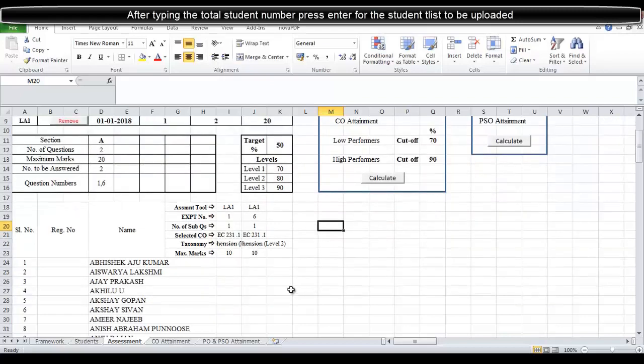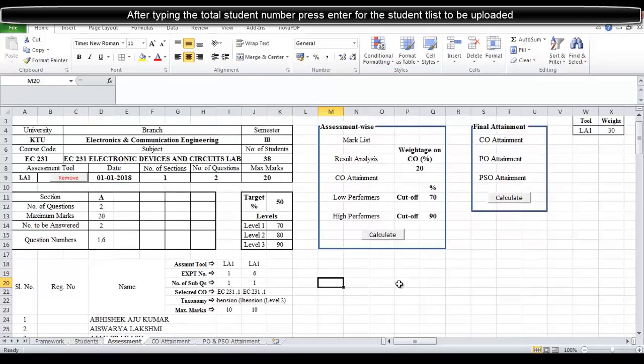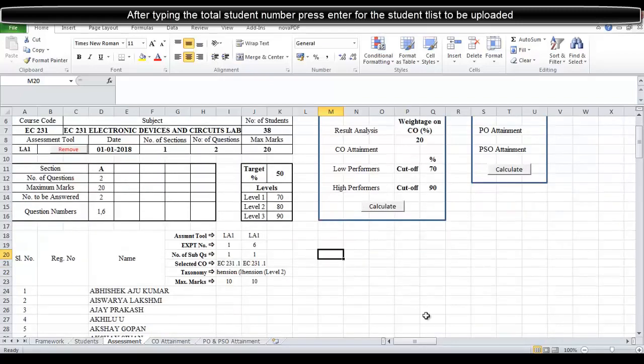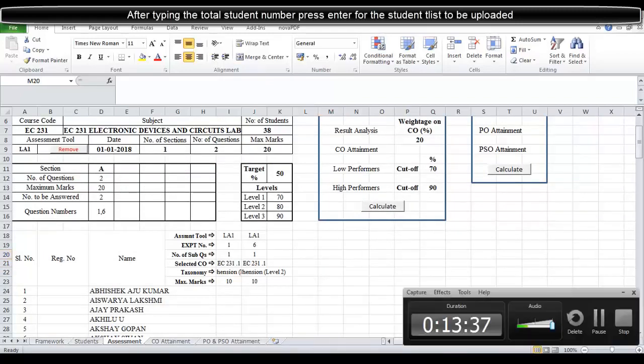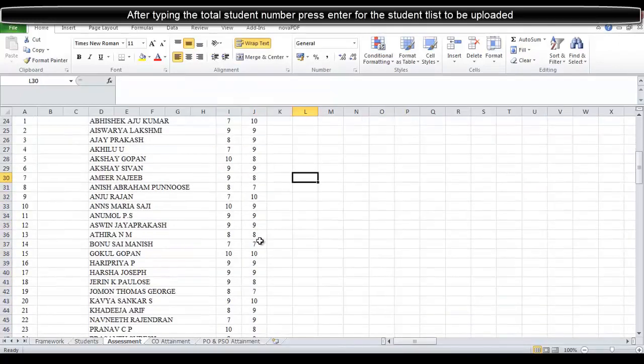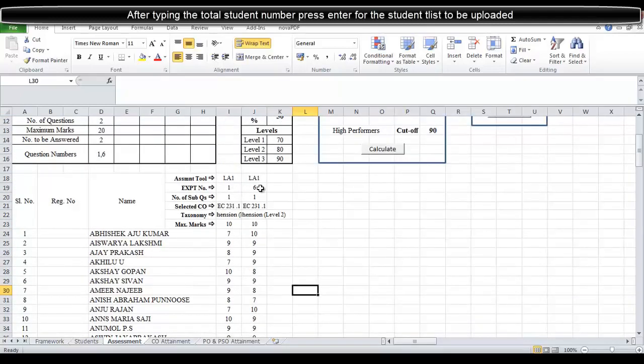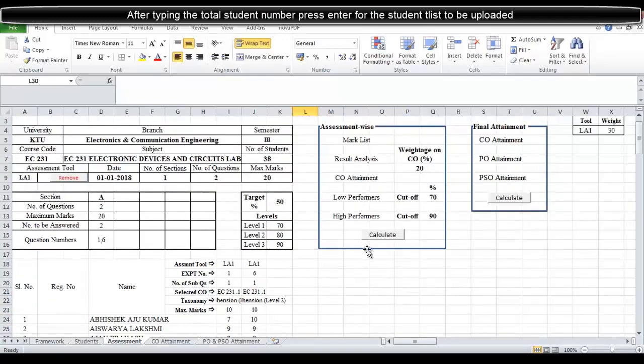Okay. So right now what we have to enter is the marks. Once we enter the marks, we will be directly able to calculate it. So now I will directly enter the marks. One by one we have to enter, but I have already stored it. As you can see, out of 10 I have put all the marks for that particular CO, which are 2 experiments, experiment number 1 and experiment number 6. Now I am going to calculate directly for that CO what is the attainment, only for that CO.